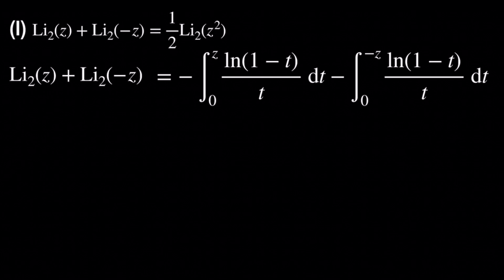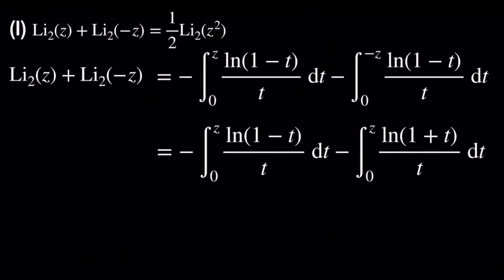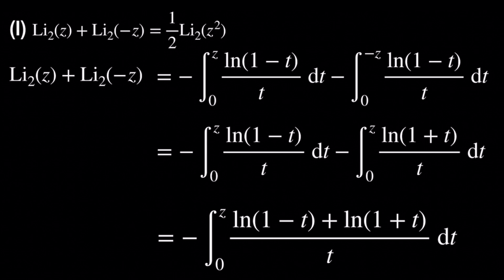After changing variables, we get the integral from 0 to z of log of 1 plus t divided by t dt. Now that we have the same limits of integration everywhere, we can combine these three integrals into a single integral